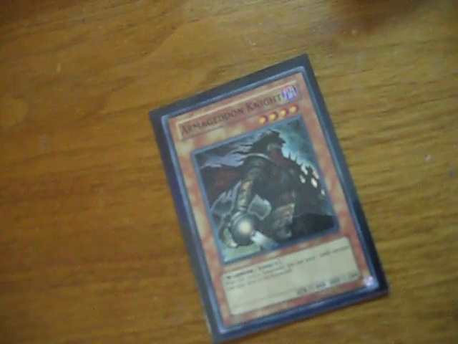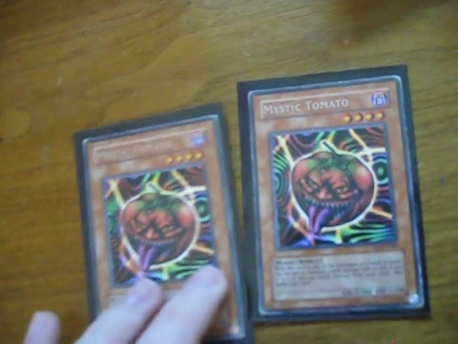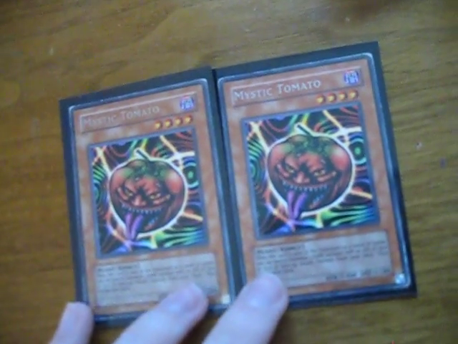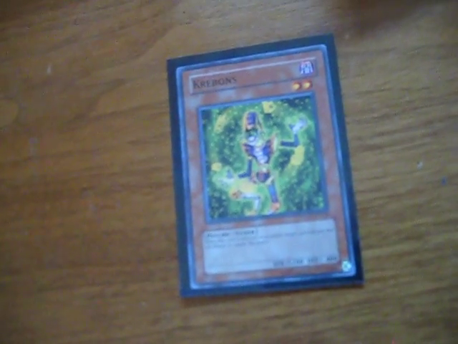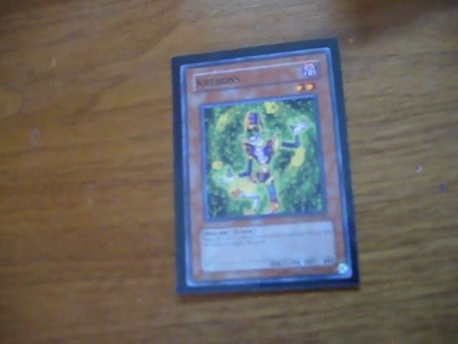Armageddon Knight, ditch Necro and Plaguespreader. The Tomatoes allow me to search for Armageddon Knight or Krebons or each other. Necro Gardna, self-explanatory. Krebons, one of the only tuners in here, the other being Plaguespreader. One of the best tuners in the game, so...